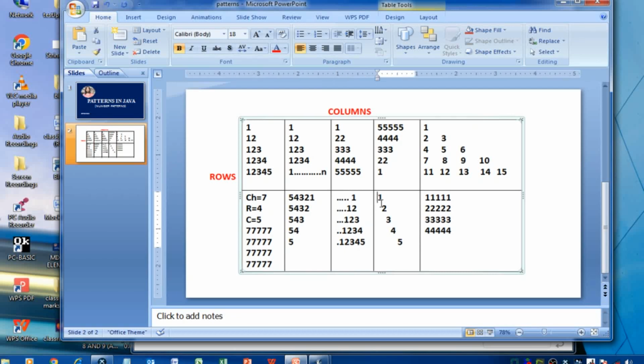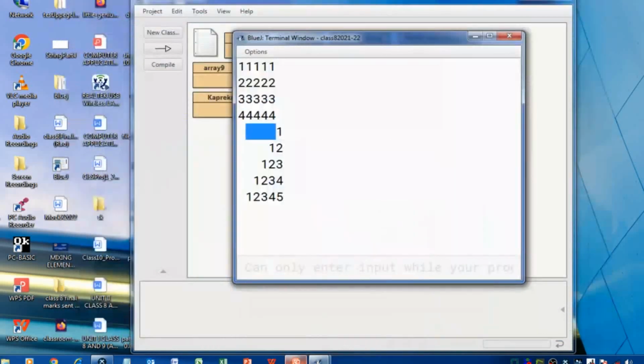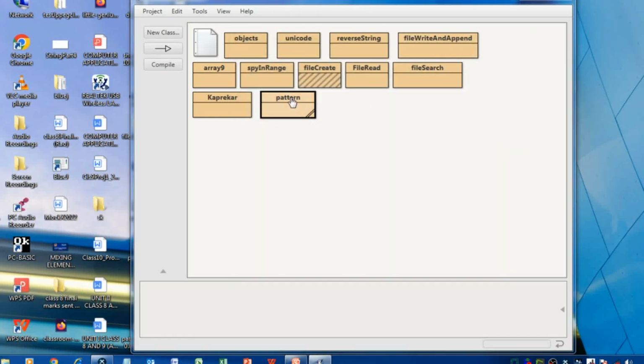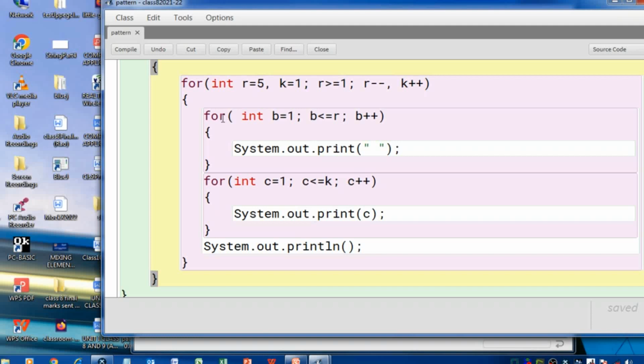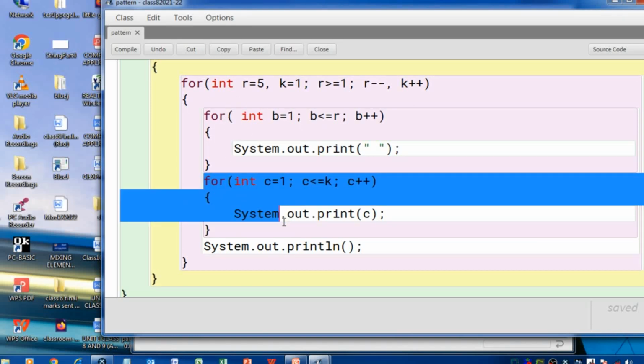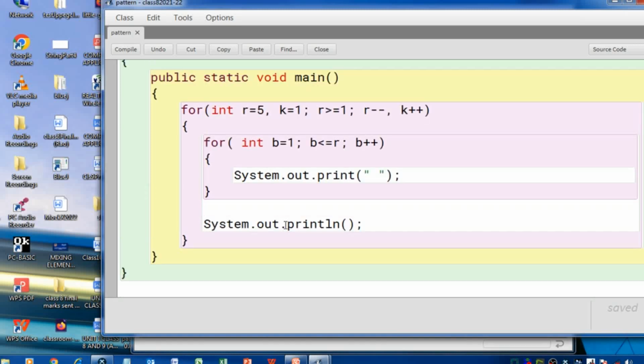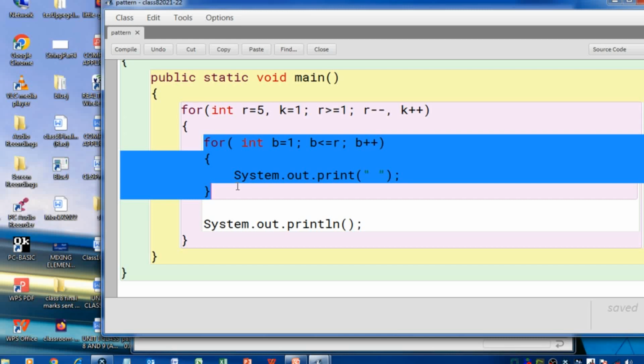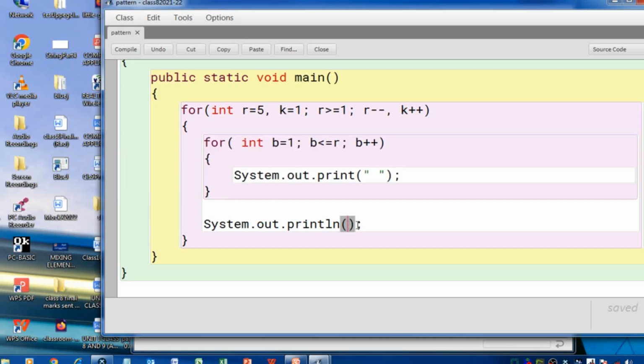Now let us do the last program. First 1 space, then 2 space and so on. 1 space 1, 2 space 2 and so on. So just clear it first, close it. So what you do? You don't need this. In fact, blanks, first 5 blank will be printed, and then it will print the value